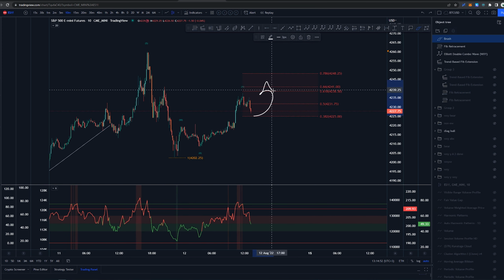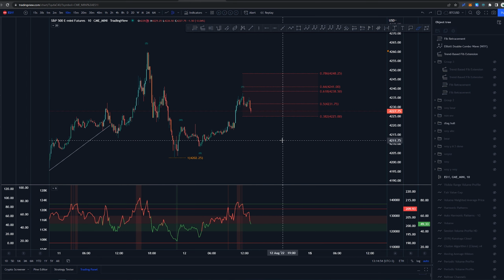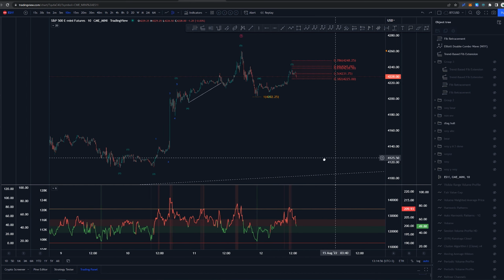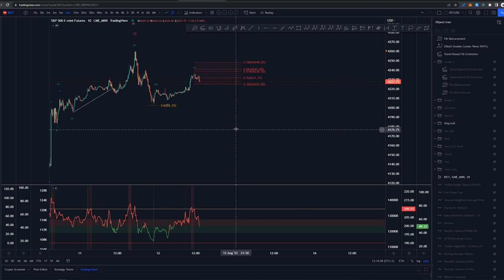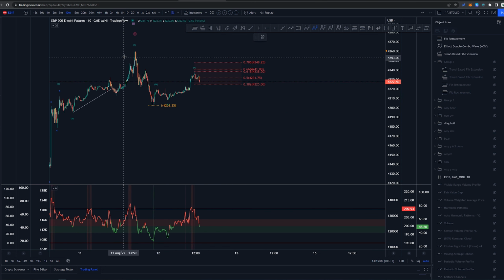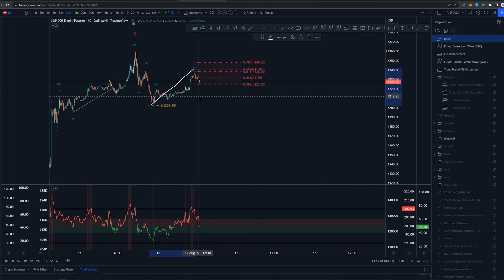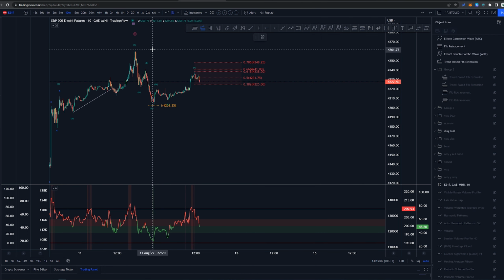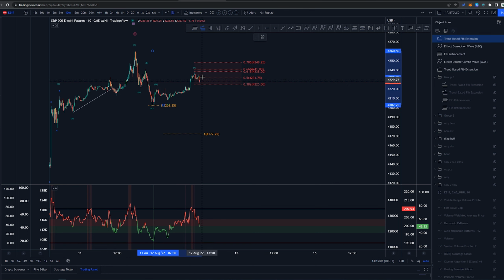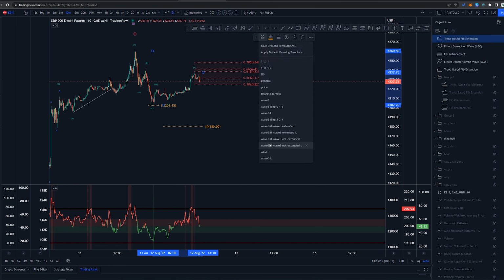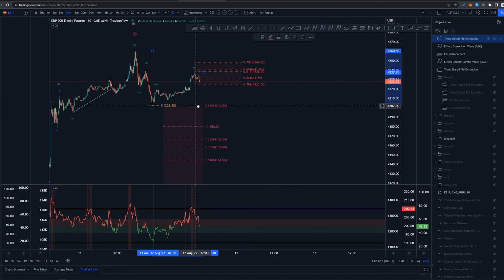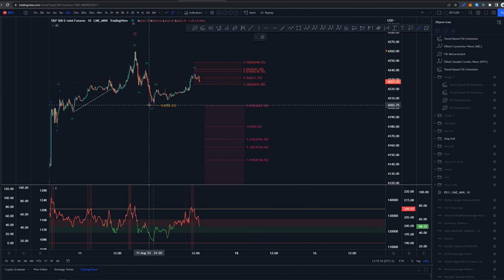Is it possible that we just pivot up? Of course it is. However, at the moment I am looking for more downside. Even though this whole thing here looks way better as an ABC and this WXY, I'm still looking for one more low here at least to be put in. And these are some of the targets. 0.618 is the minimum we want to see. That would take out this first structure here.